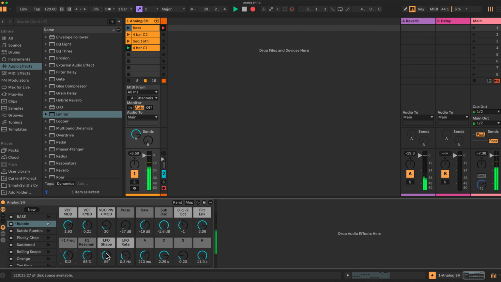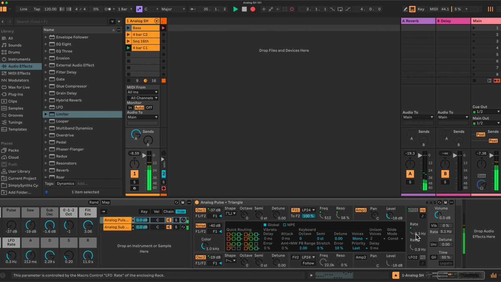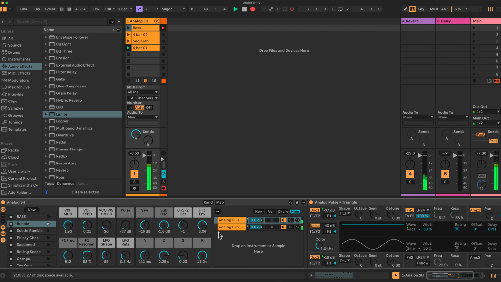In fact, let's open this up a second. By using Analog we actually have some additional LFOs. Here's some additional LFO shapes. If we click on here, I can show you, we have a sine which the SH-101 didn't have. We have a couple of noise. So we kind of win and lose a little bit here, but as I say, we have control over the LFO shape. We have control over the LFO rate,